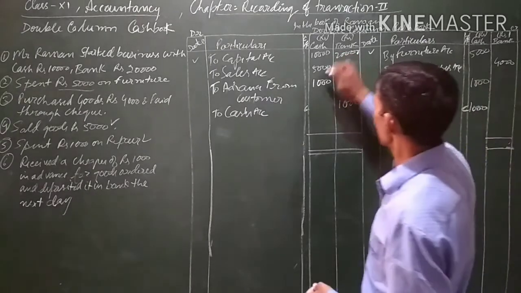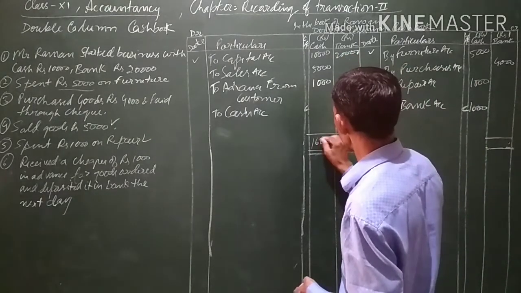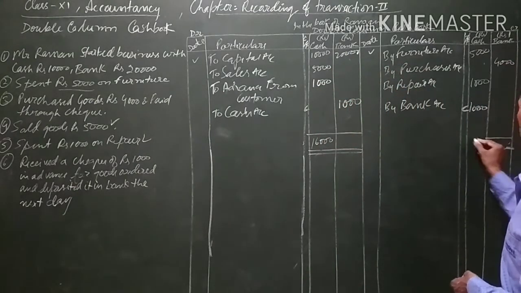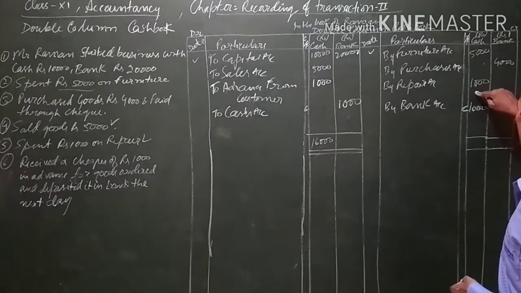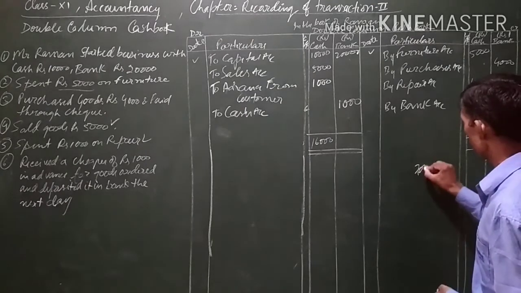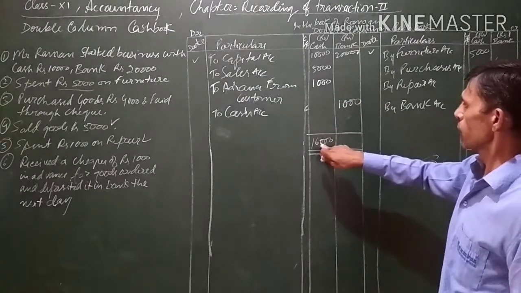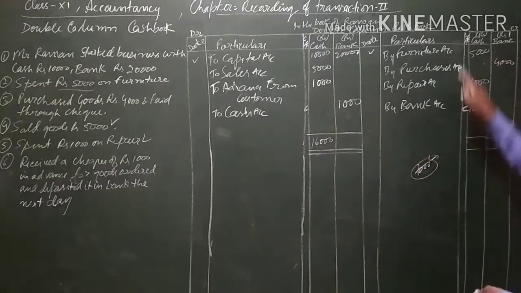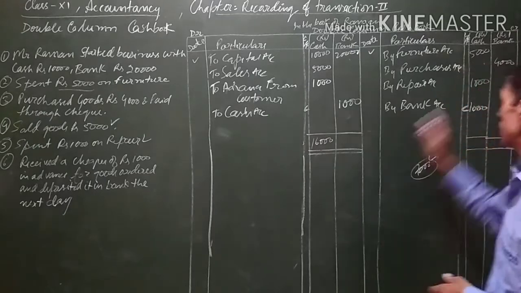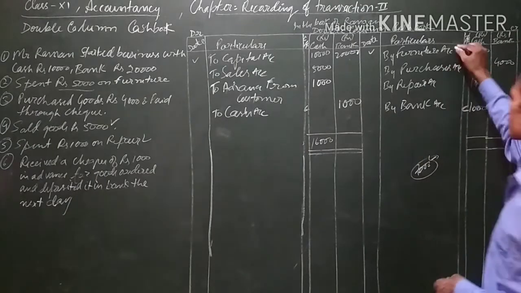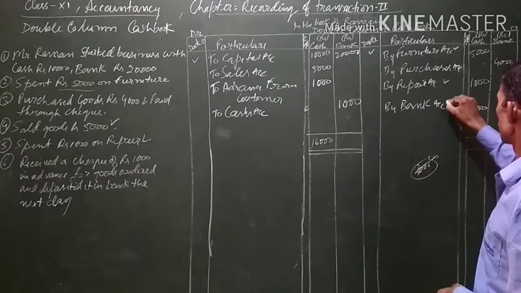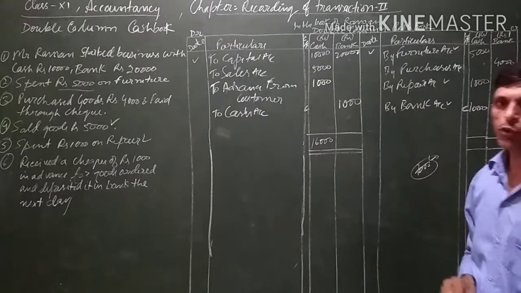Now see, the total of this side comes to 16,000 in the cash column: 10,000, 5,000 plus 1,000, 16,000. Now what is the total of the credit side? 5 plus 1 plus this, it is totally 7,000. This is the cash which we are receiving, and this is the credit side, that is the payment side, which is the cash going out of the business on account of purchase of furniture, or repair, or deposit into the bank. There are various reasons for which cash will be going out of the business.